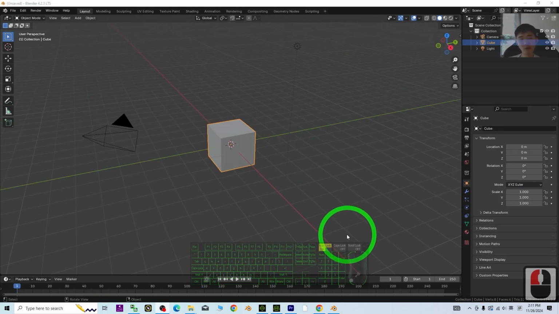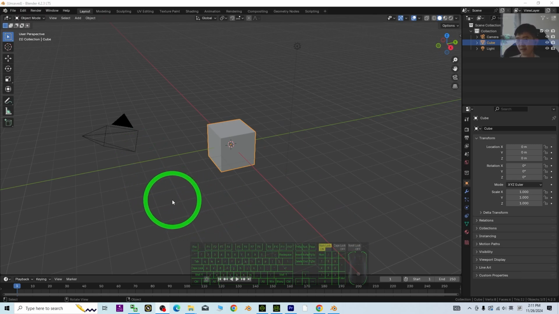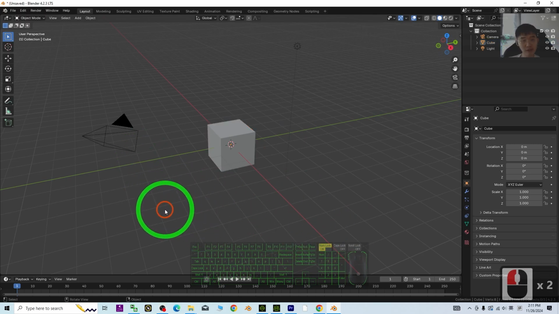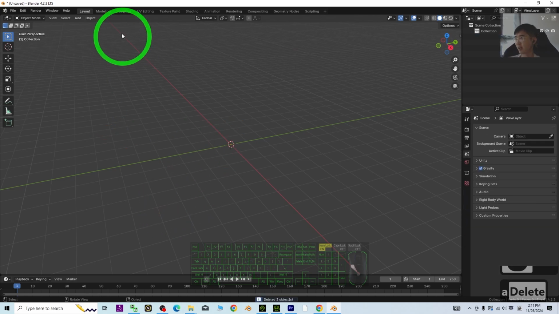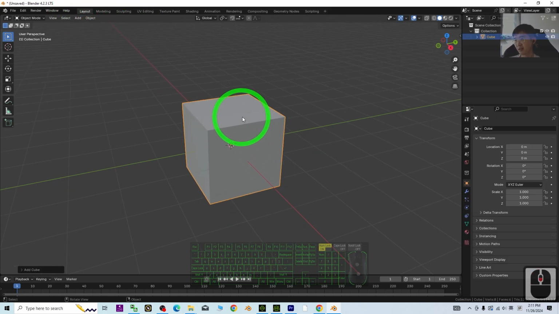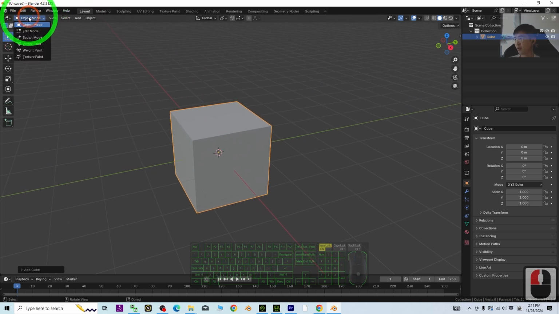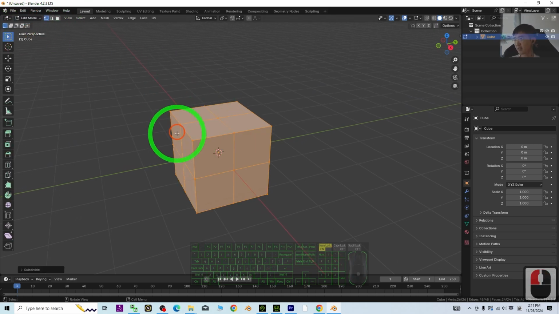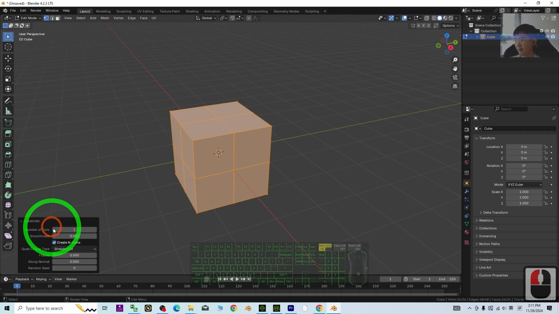Alright, now everything starts from the beginning. This is a fresh new Blender file, a Blender project file. First step, just click the empty area, press A and delete everything. Next, just add a mesh, add a cube. For this cube, you must go to the edit mode and just right click, subdivide here a few times